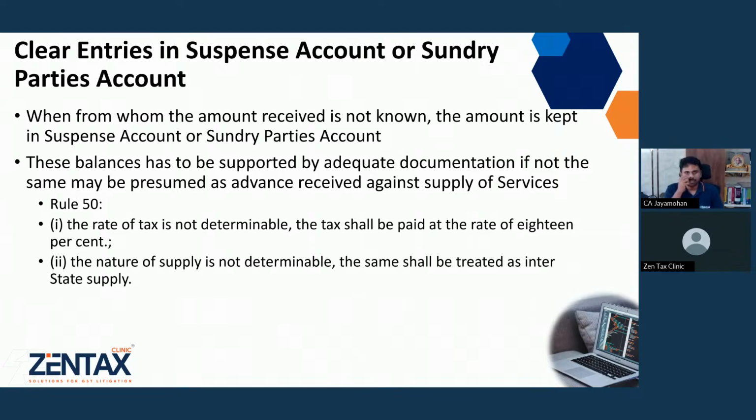Then credits to sundry expense account. There might be transactions. If you run through the financial statements of many companies, you can see that advance received will be there. If you are a service provider, or if you deal in goods and services, and you have an outstanding balance from a customer, it is very likely that the GST officer might ask you to pay GST on the advance. As per Rule 50, even if the rate of tax is not ascertainable, even if the type of supply, whether intrastate or interstate, is not ascertainable, you have to pay GST at the rate of 18%, assuming it as a